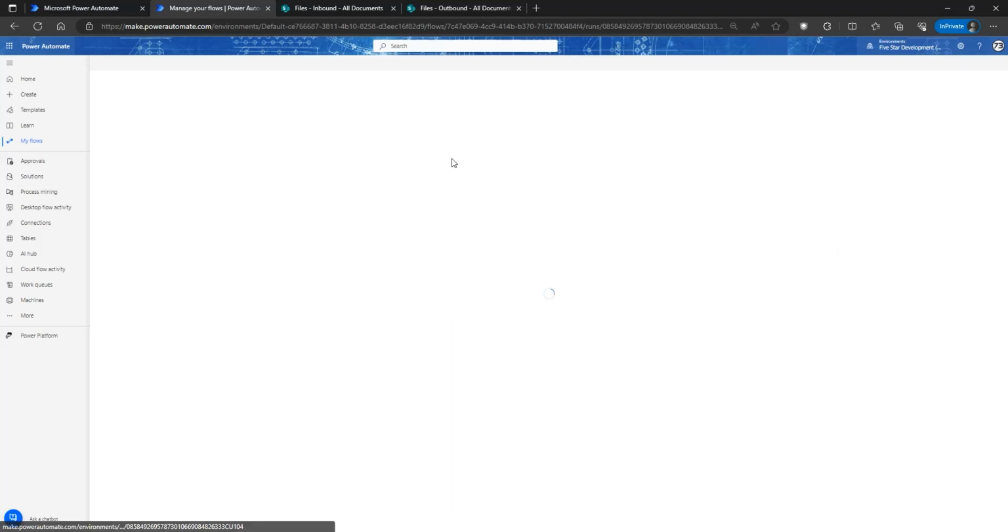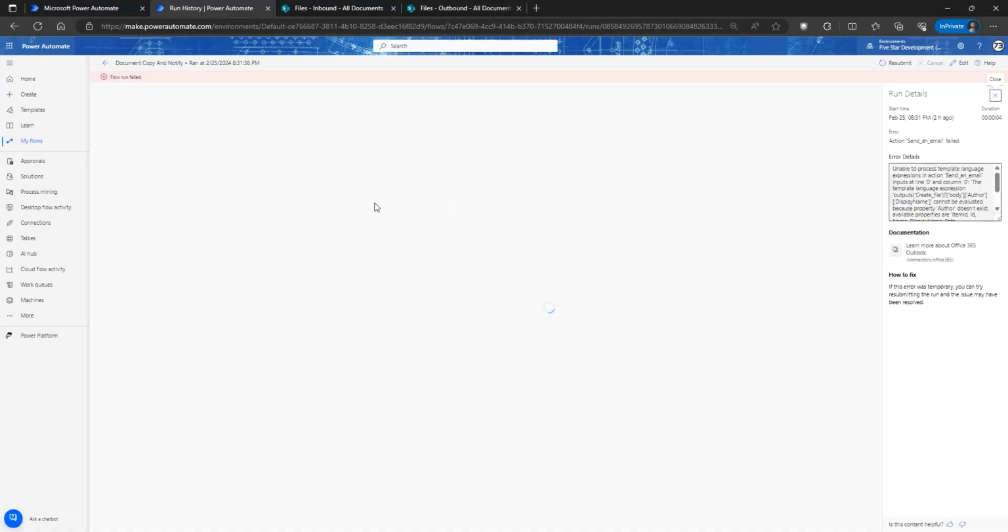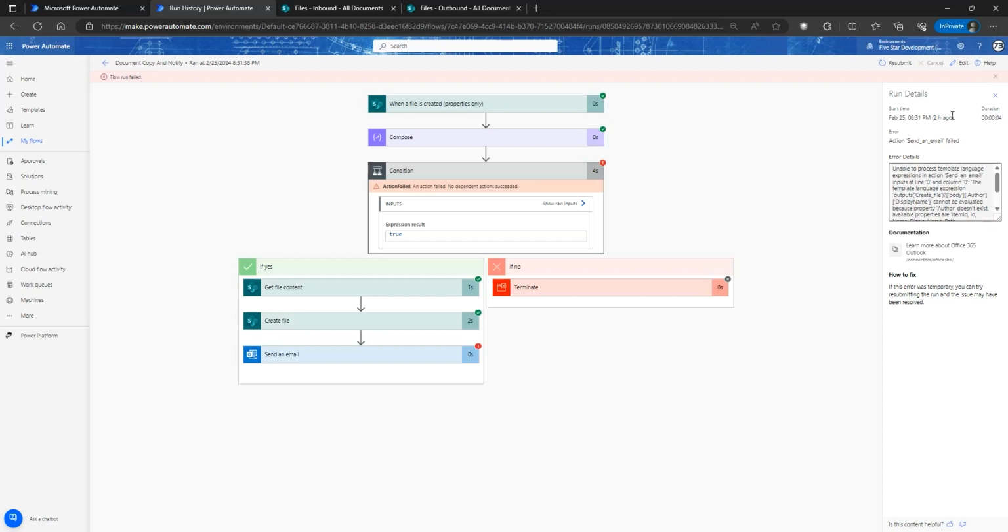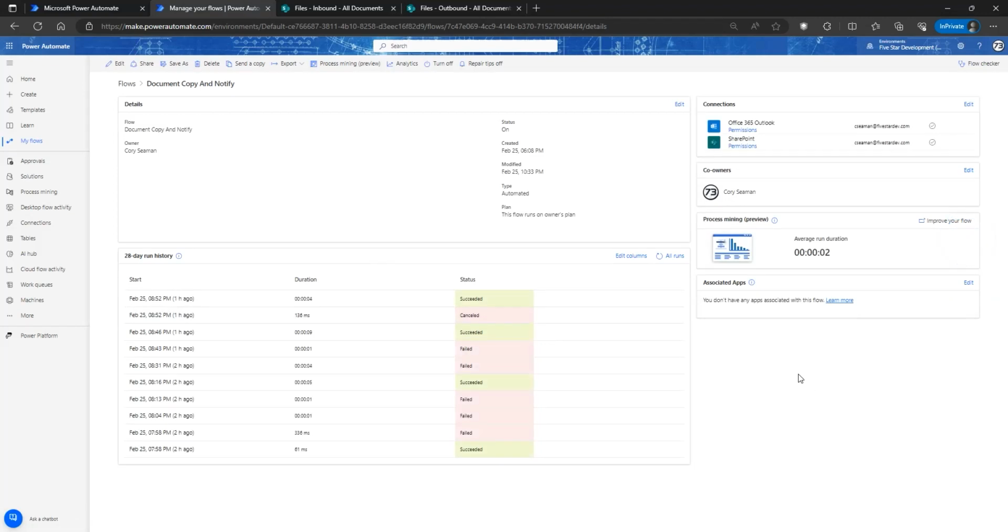If we want to drill into one of the flows that happened earlier on, I could see in the run details that there was a problem with an expression in here, and you can see exactly where that action failed inside of here. So this is super handy to go back in. You can make some tweaks and you can resubmit,